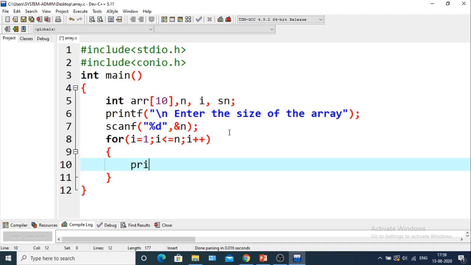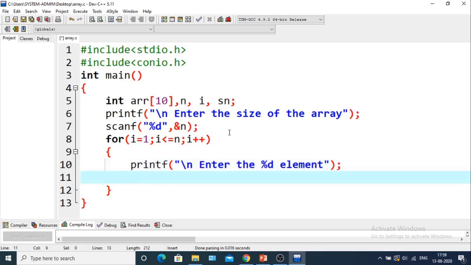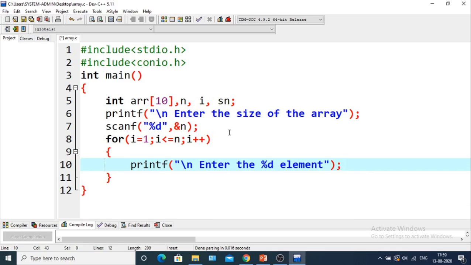Here printf slash n, enter the percent d element. So the value of i will be printed here, that is enter first element, second element. This has been done in our previous examples also.